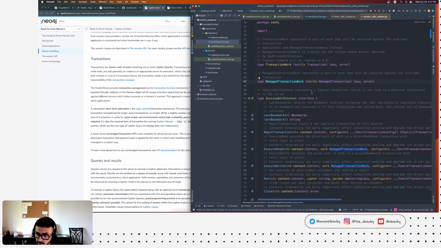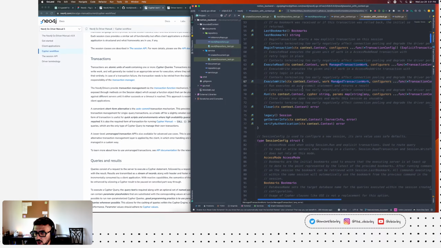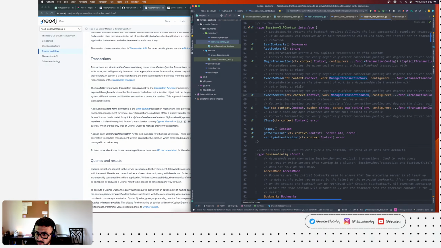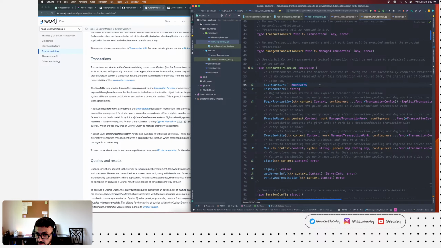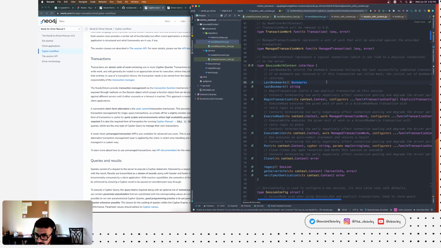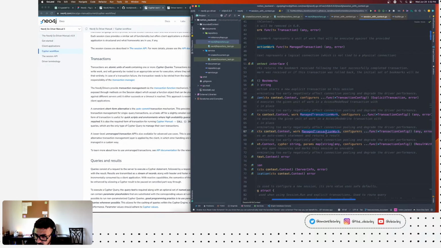So if I go to managed work, you can see here it's saying a type any, and a type any is just really an interface. There you go. Which is not what I want to do, because there is a typed version of this that you can use with the Golang generics. We just have to find what was the right function to pass there. So if it is the managed transaction,